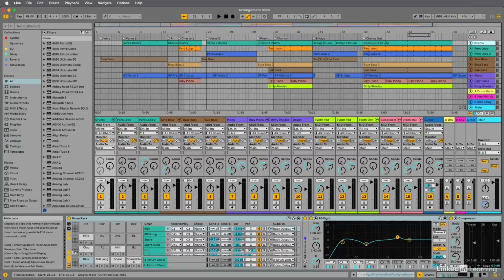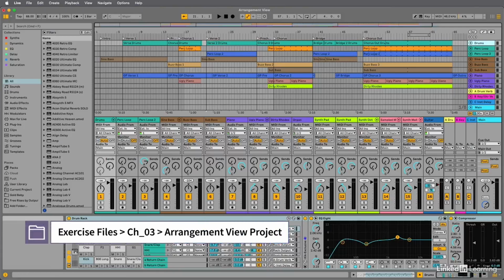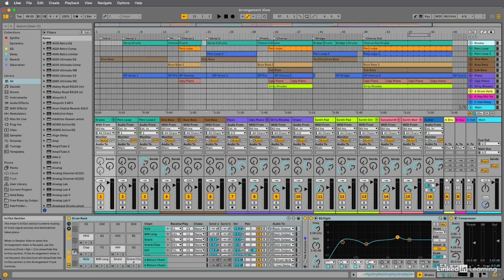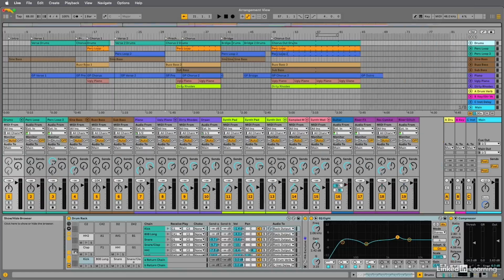Let's examine Arrangement View more closely, starting with the window setup and the track controls. So I've got the Arrangement View project open if you want to follow along. And right now this looks really busy to me, so let's close some of these areas of the window that we don't need open. So over on the left here, we can close the browser by clicking on this toggle